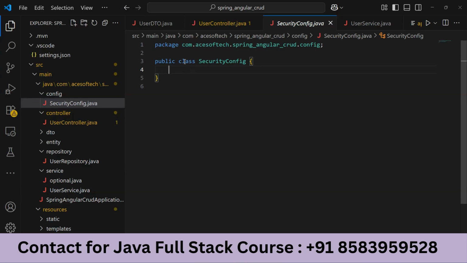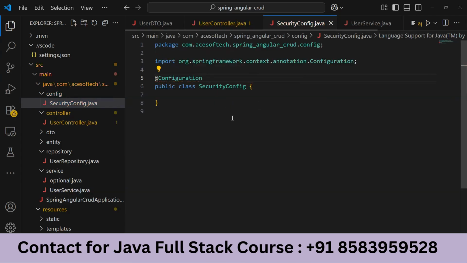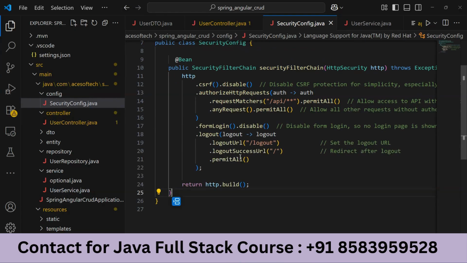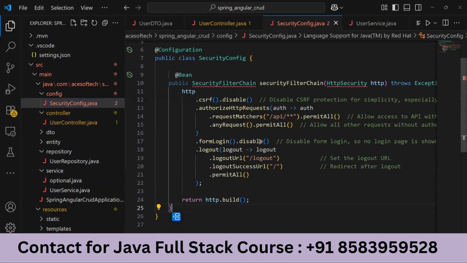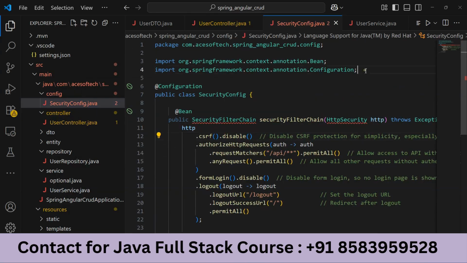The first thing you need to write here is Configuration. That means you are saying this is a configuration file, and you have to import it, of course. After this, we will write the filter chain method. What we are doing: public SecurityFilterChain. So we have to import this one,